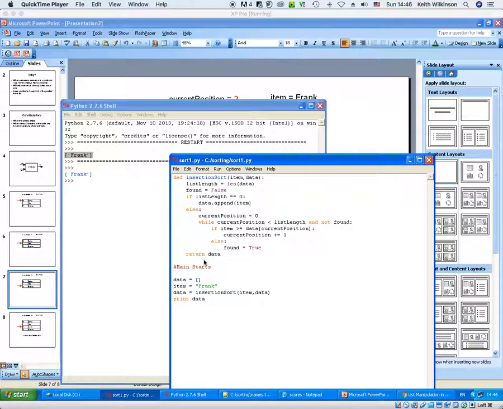So our program at the moment works. It doesn't produce a great deal. That's because we didn't really send in an empty list and just the item Frank. So it's always going to print out Frank. But what we have done is worked out that if the list was empty, we're going to append Frank to